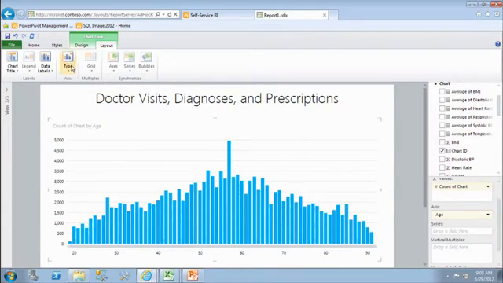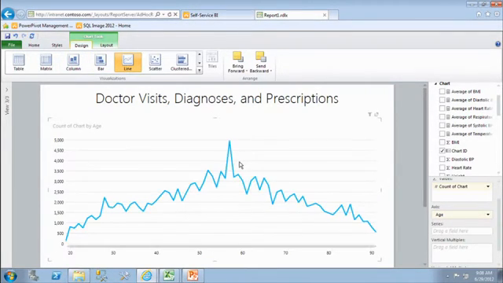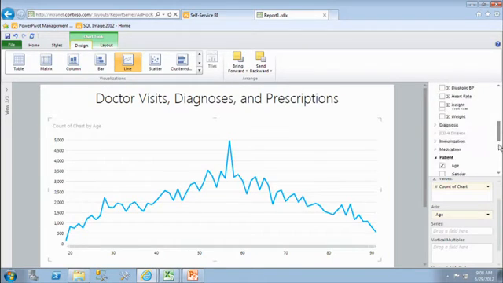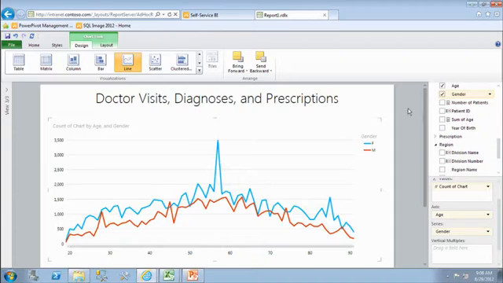So you could have done that as well. But honestly, for this type of chart, the best choice is probably a line chart. So I'm going to make it a line chart. And then, just like I did before, I'm going to pull in the gender. I'm not going to tell it where to put it, but it's going to put it on series, because that sort of makes sense. And you can see that if I were to open that hospital that I mentioned, we